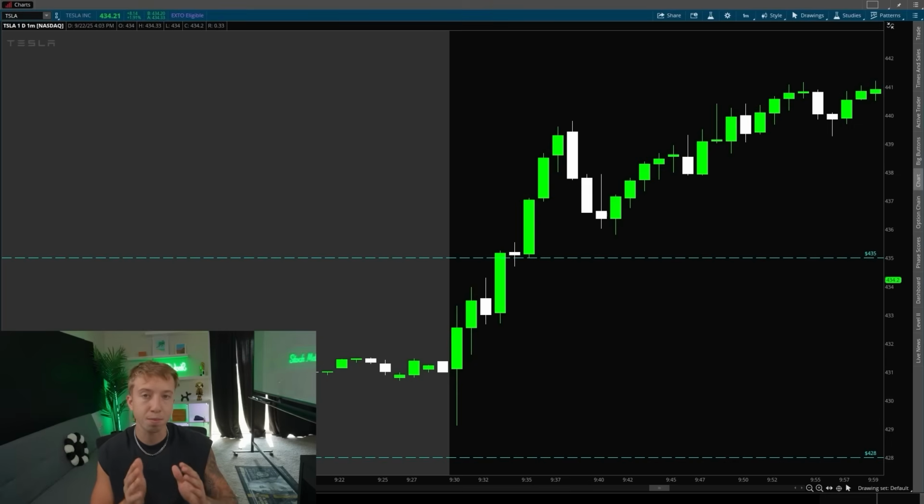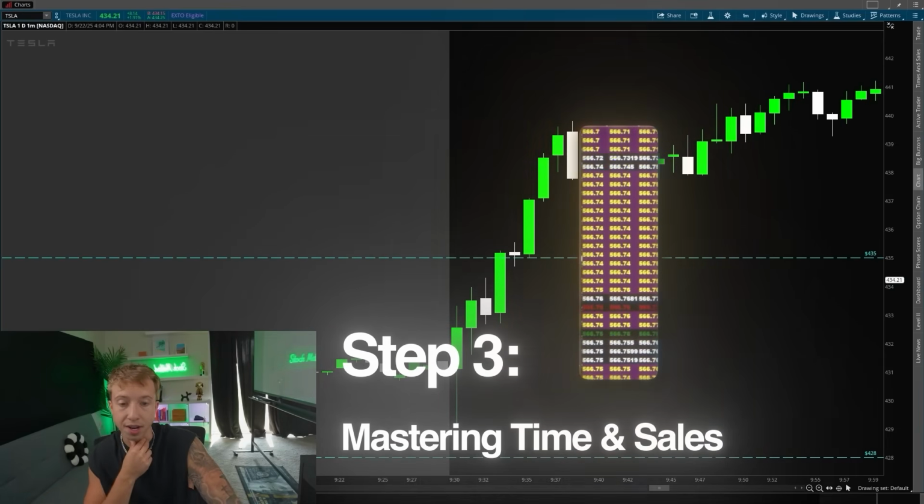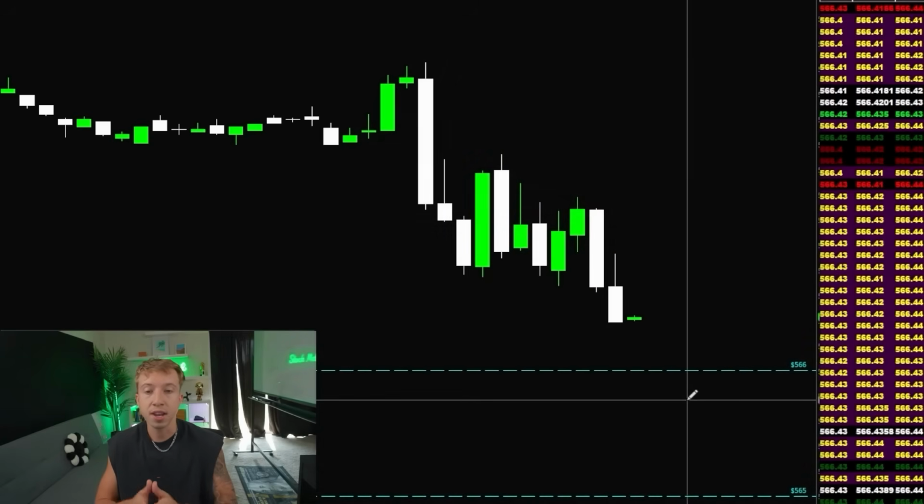How are we going to see the buyers and sellers real time? Well, we have to see order flow, but where do we find order flow at? That's exactly what I'm going to show you guys right now. This indicator on the right is called time and sales, and it shows us real-time orders coming through. And this is good for this strategy because once I see a lot of buyers or sellers come through, depending on the direction, I can tell exactly when the trade is going to go with very high probability when these